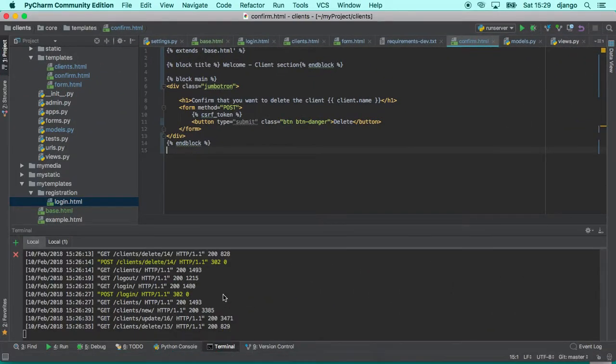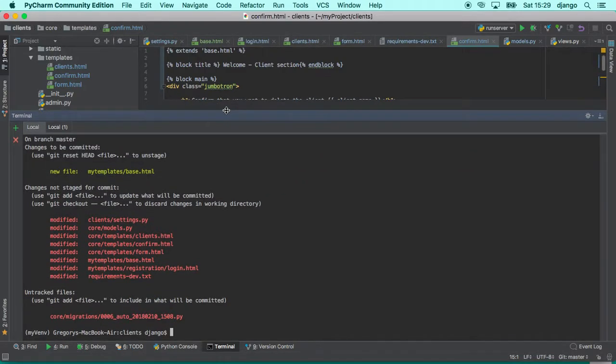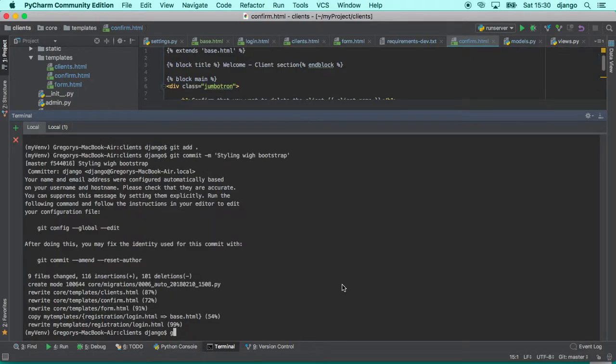So if we go here to our PyCharm and we stop the server and we do git status, we can see all the files that we modified. So we modified settings, model, clients, confirm. We have a new migration file. Okay, so we do git add dot, git commit minus m, your comment. So, styling with bootstrap. Okay, and then we do git push